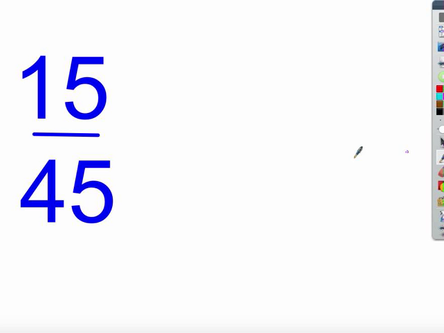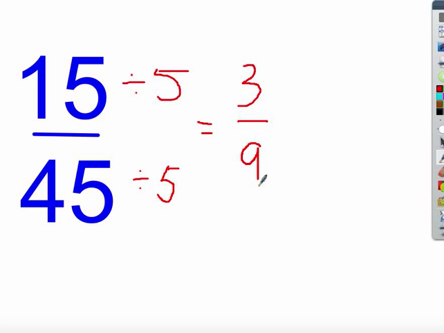15/45. Right away when you see fives at the end, a lot of kids are thinking, oh, that would be divide by 5. And I would agree with that. So if I divide by 5 on both of them, 15 divided by 5 is 3, and 45 divided by 5 is 9. Now we always have to ask ourselves the question, is there anything that goes into the top and bottom number here besides 1? And yes, there still is. 3 can go into both of these. So I have to divide again. We divide by 3, divide by 3, and I get